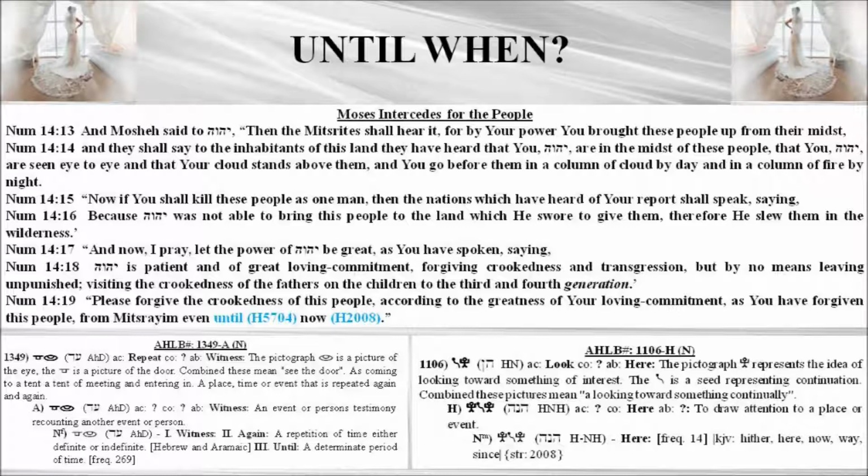So here we see at verse 19, "from Mitzrayim even until now." Until when? Until a determinate period of time. The time has not ended that he will forgive the crookedness of this people according to the greatness of his loving commitment, even until now. At the two-letter root, the action is repeat, the abstract is witness. The pictograph ayin is the eye, the dalet is the door. See the door as a coming to attentive meeting and entering in, a place, time, or event that is repeated again and sometimes again,